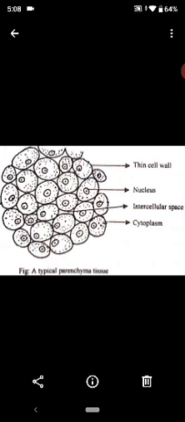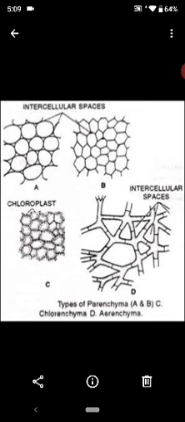from the epidermis. In roots, the epidermis forms a large number of hair-like structures called root hair that increase the surface area of the root and help in absorption of water. The lower layer of the epidermis in a leaf is interrupted at certain places, and these interruptions are known as stomata. Stomata are tiny pores surrounded by guard cells, and they are meant for transpiration as well as for gaseous exchange.